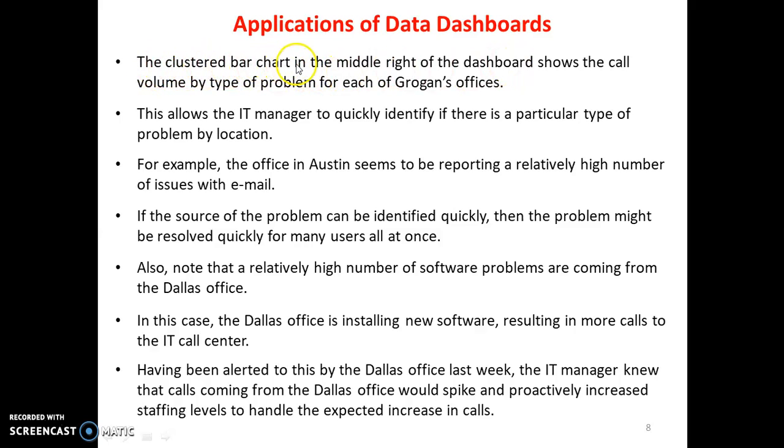The clustered bar chart in the middle right of the dashboard shows the call volume by type of problem for each Grogan office. For each location, we want to observe the issues. This allows the IT manager to quickly identify if there is any particular type of problem by location. For example, the office assistant seems to be reporting a relatively high number of issues with email. If the source of the problem can be identified quickly with the locations, then the problem might be resolved quickly for many users all at once. Also, note that